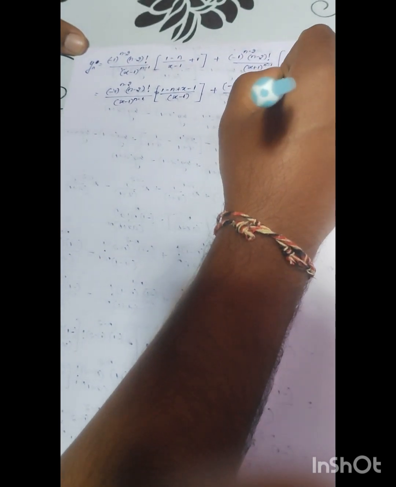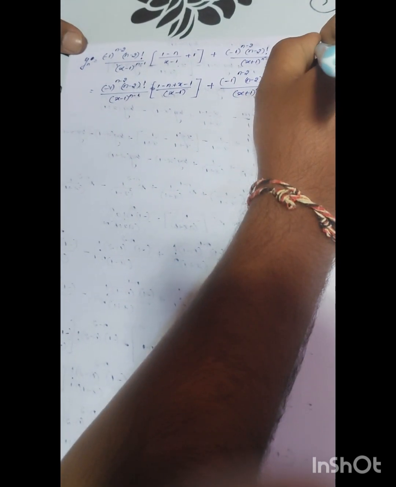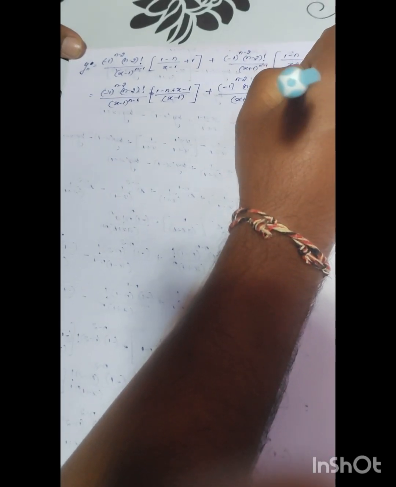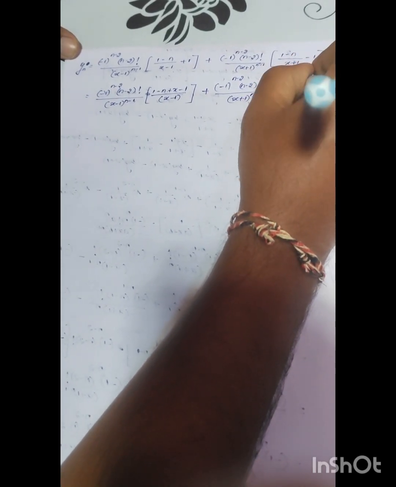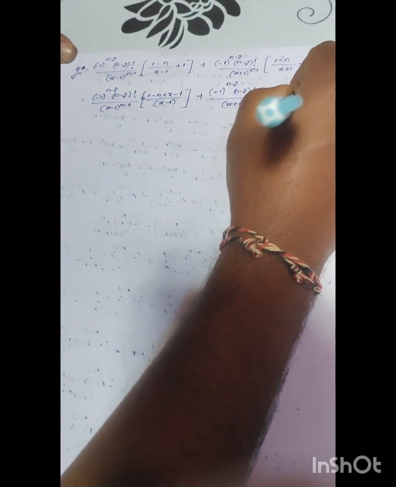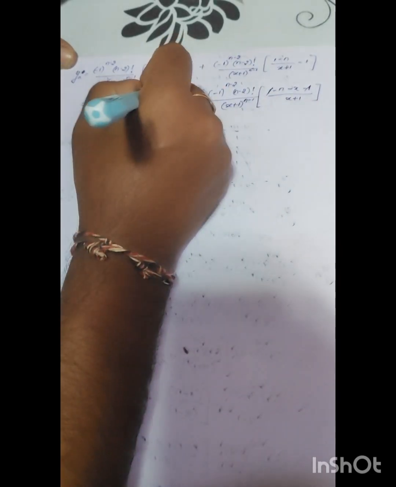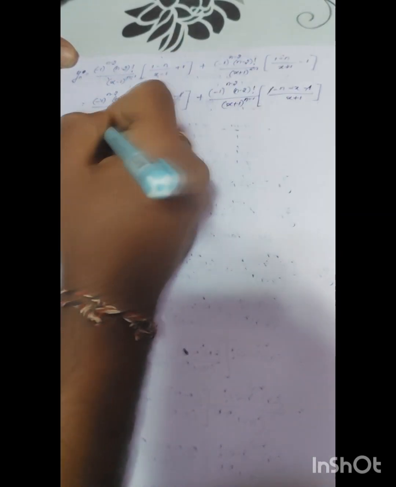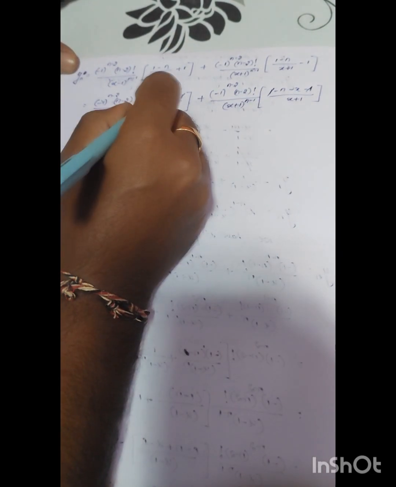So again 1 minus n, minus into x is minus x, minus 1 into plus 1 is minus 1, divided by x plus 1 here. So here 1 and minus 1 will get cancelled. Same way here 1 and minus 1 will get cancelled. So what will remain here is